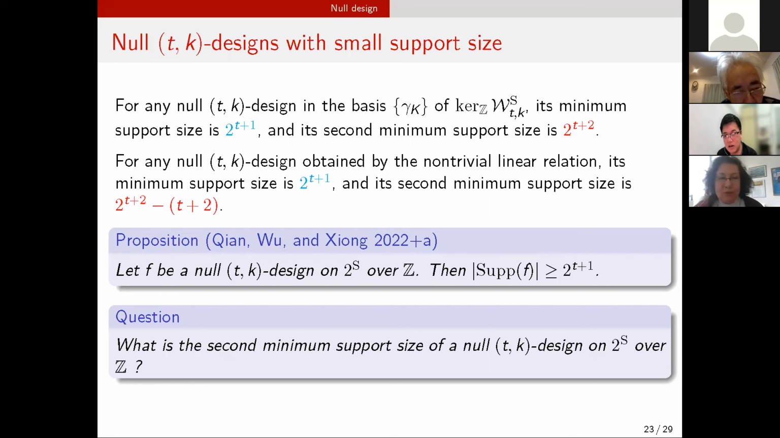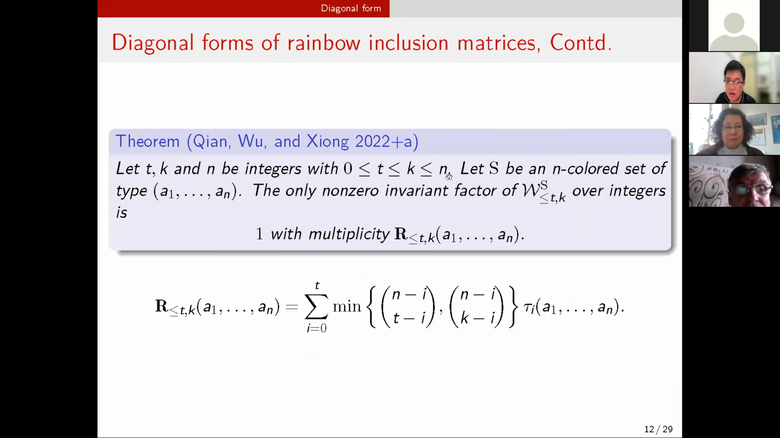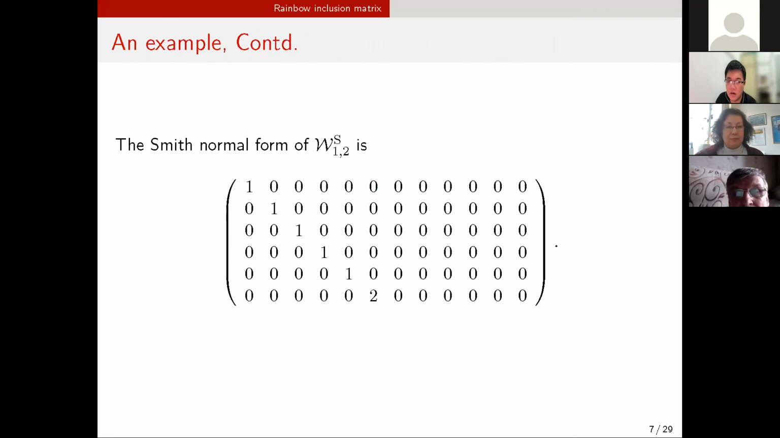I think any other questions to the speaker? Yeah, please, Alexander. Just a terminological question. What is the difference between